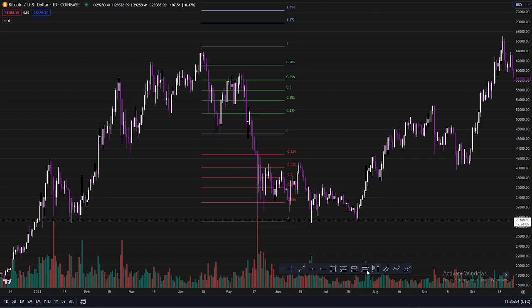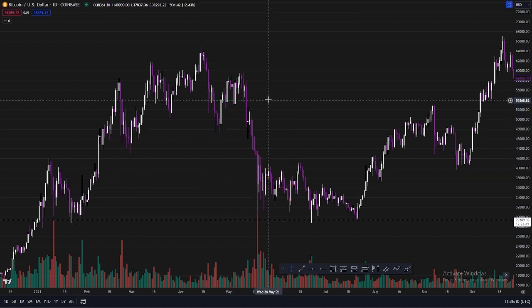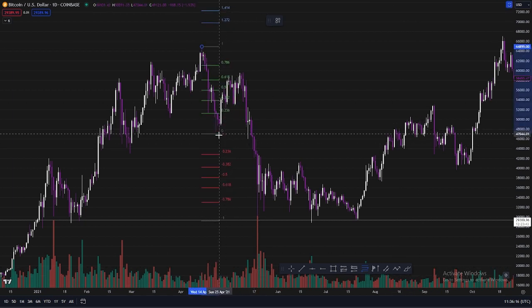And here you can see that 618, essentially, even though we had a SFP, so swing failure pattern under that level, we still had a retest of the 618 before we had a breakdown further, right? So it would be exactly the same thing as we did here, but then inversed in a bearish manner rather than a bullish manner. And then again, just to draw that out once more,